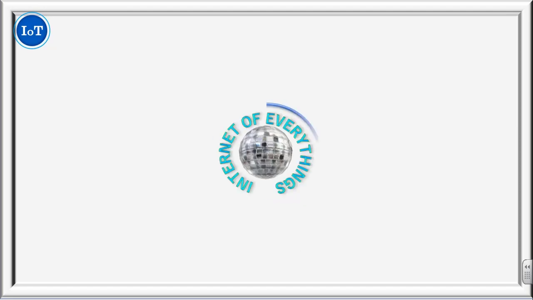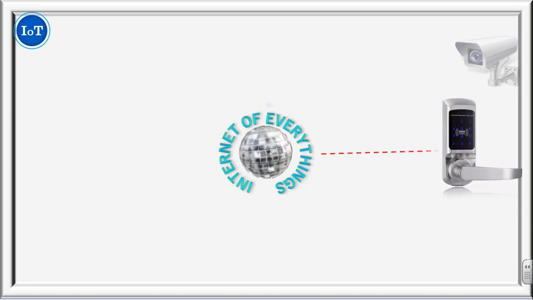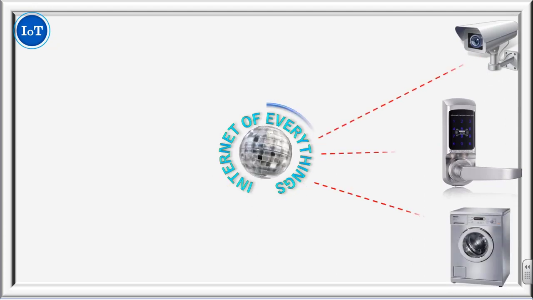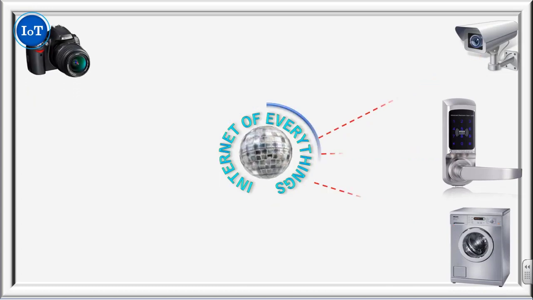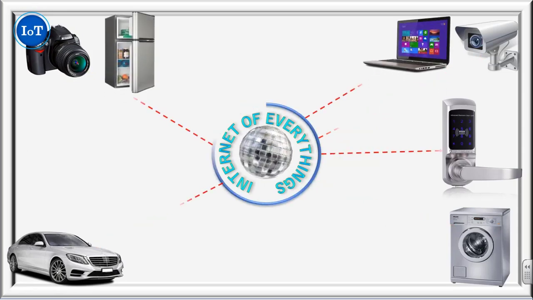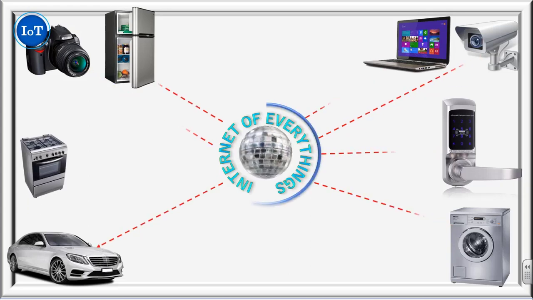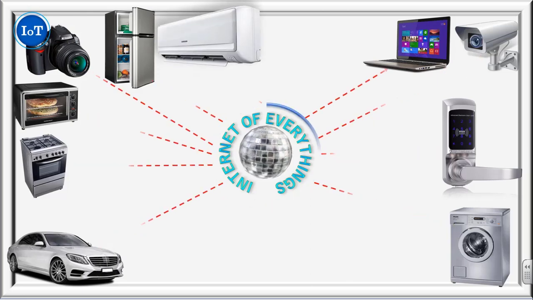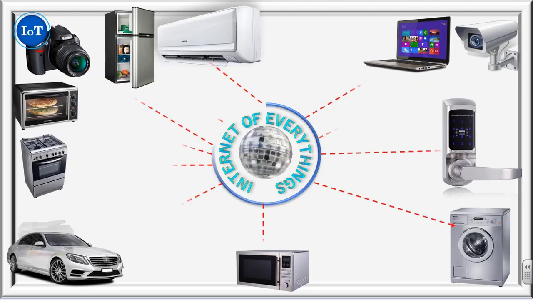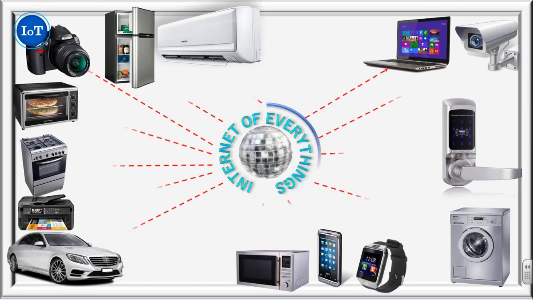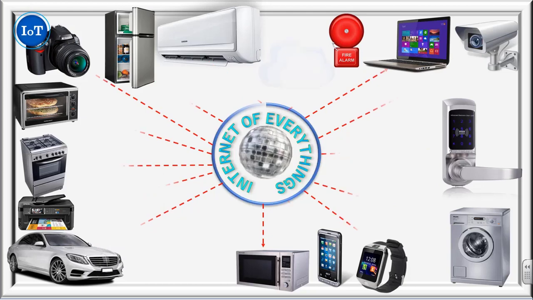When we talk about Internet of Everything, what does it include? Our electronic door locks, safety camera or security camera, washing machines, digital cameras, our cars, our computers, refrigerators, cooking range, OTG, air conditioners, microwave ovens, printer, cell phone, smartwatch, fire alarm system, cloud,